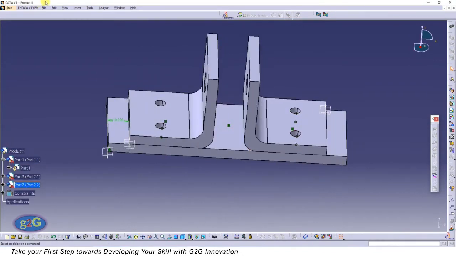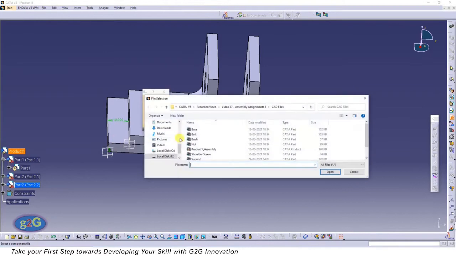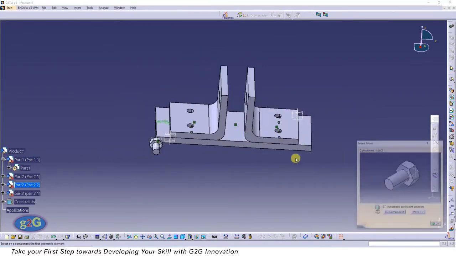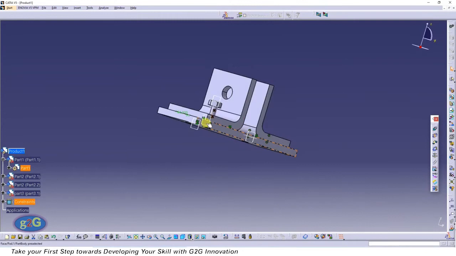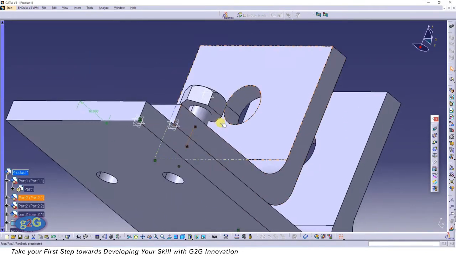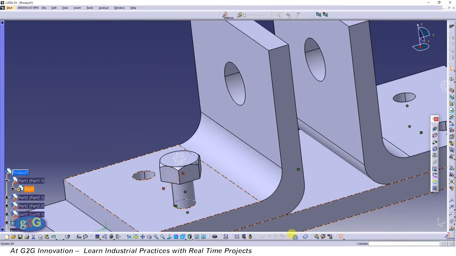Okay, now let's insert the bolt, 4 bolts, and assemble here. So click on insert, click on product, select the bolt, and we have a bolt here. Click OK. Click on coincident constraint, select the axis here, select the axis here, click on update. Select contact constraint, select this face and select this face, click on update,